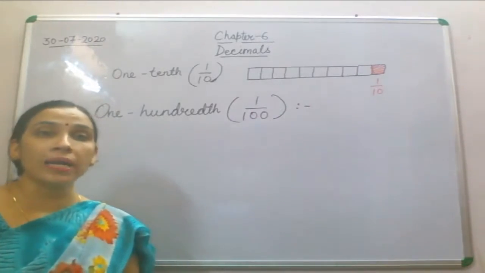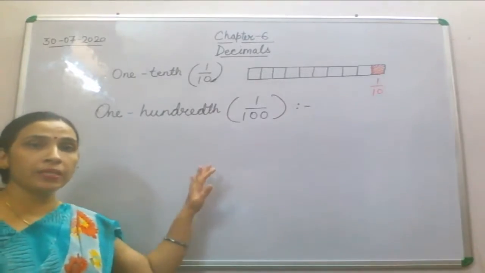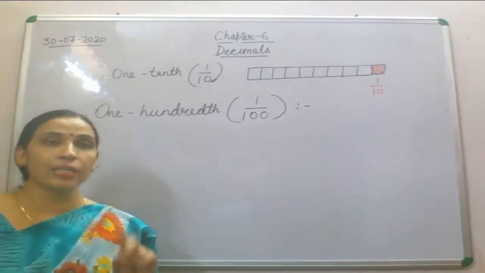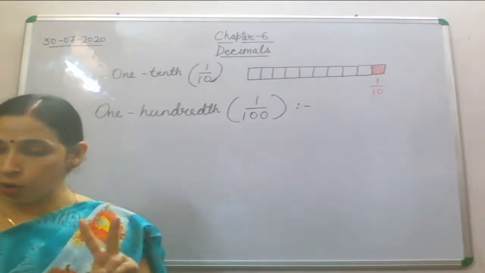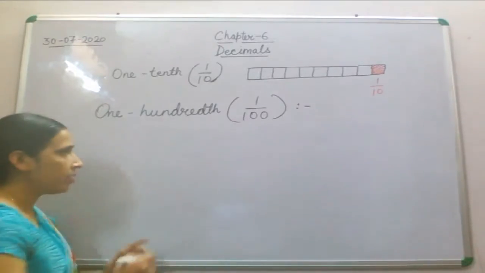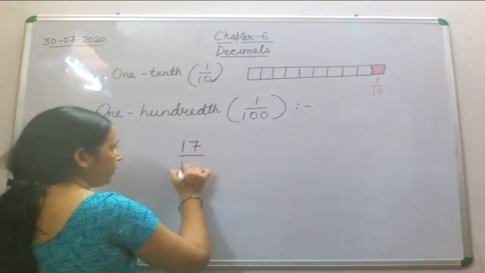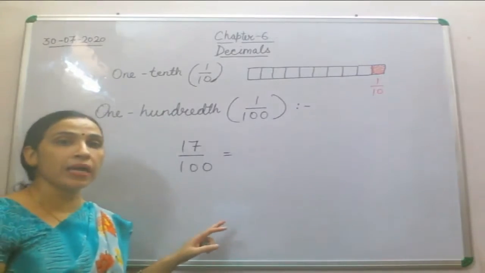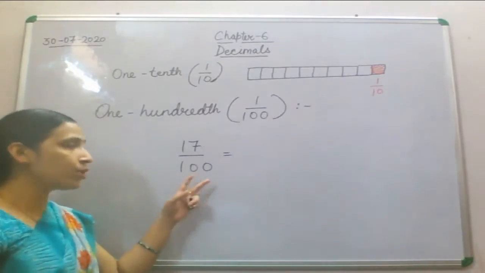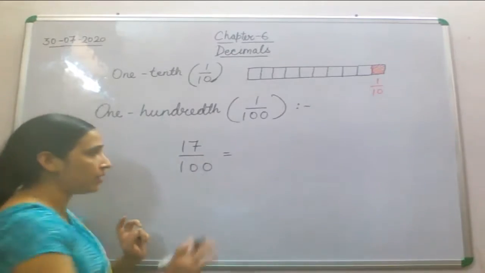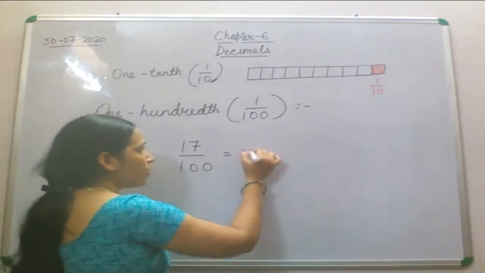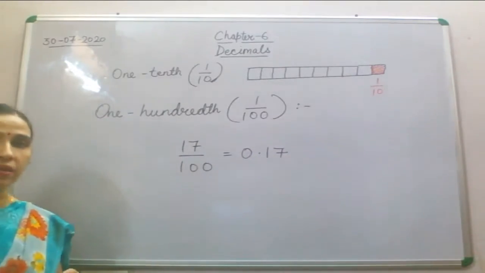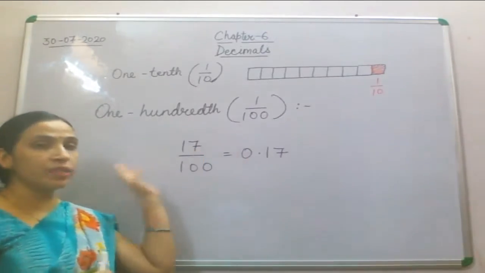1/100th means 1/100. Now here it will again be written in the form of a fraction only, and it has two decimal places. Now let's take an example: 17/100. So now we have two decimal places because it is divided by 100, and that's the second place of decimal. So we are going to count 1, 2. So that will become 0.17. We have put a point after two places.